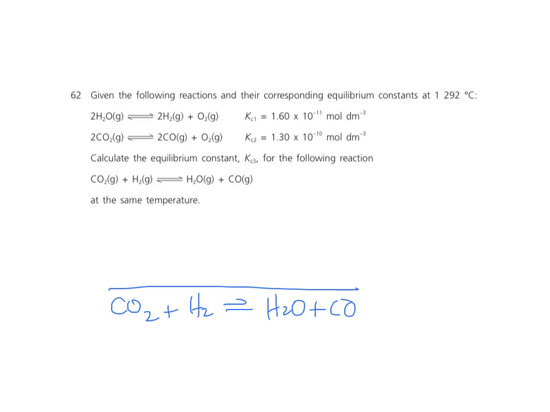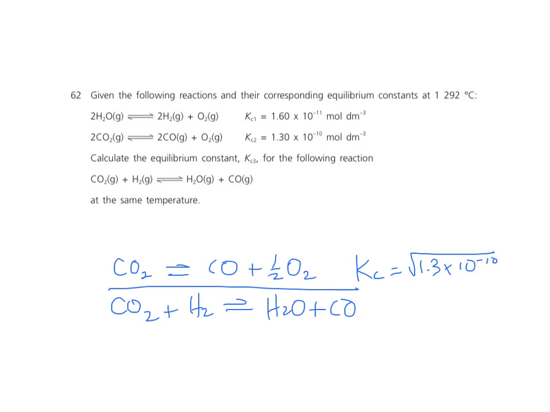So I want one CO2, not two of them. So I'm going to take the second equation and just rewrite it, but I'm going to multiply everything by 1/2. So CO plus half O2. Since all I did was multiply by 1/2, the Kc now is the square root of 1.3 times 10 to the minus 10. The first equation, so now I've got my CO2 where I wanted it, I've got my CO